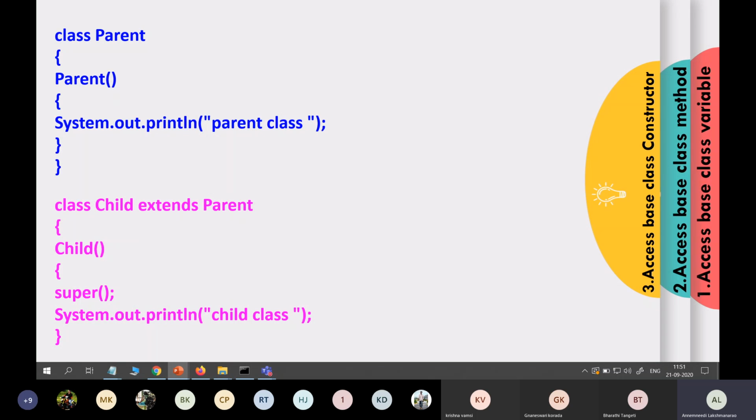So here, why is super alone enough? Because this is also a constructor, this is also a constructor. This is the child constructor, this is the parent constructor. So simply super identifies the parent class constructor from the child class constructor. No need to use super dot parent. In the case of a function, we need to use super dot display. But in the case of a constructor, simply use the super keyword. That's enough. It calls this parent constructor.